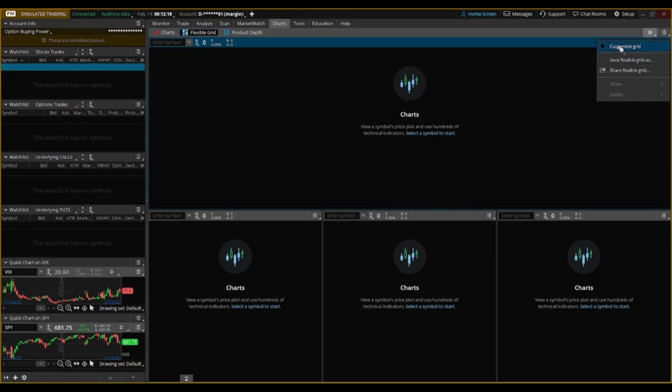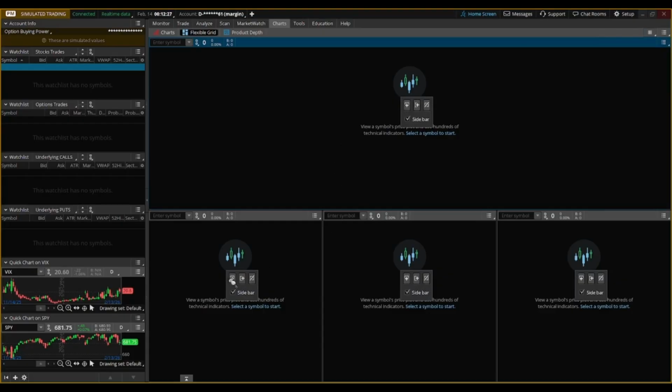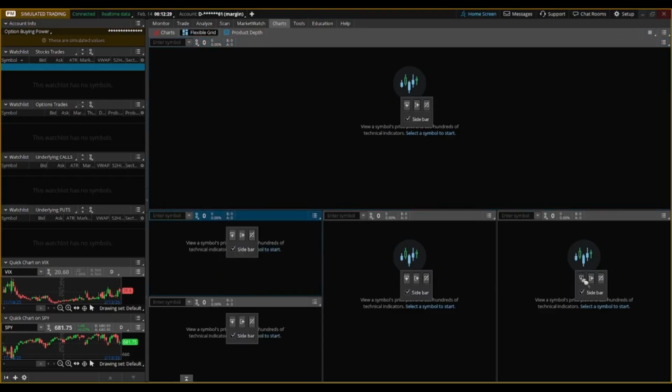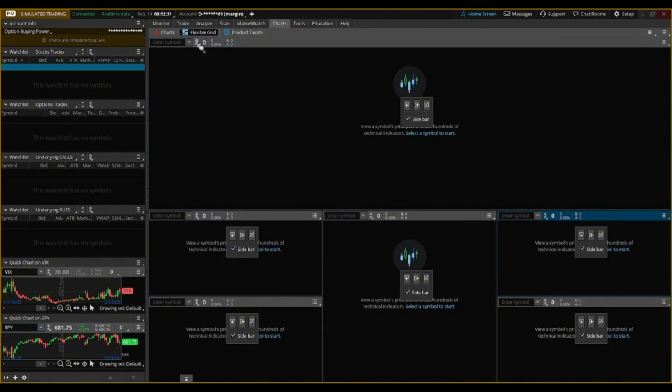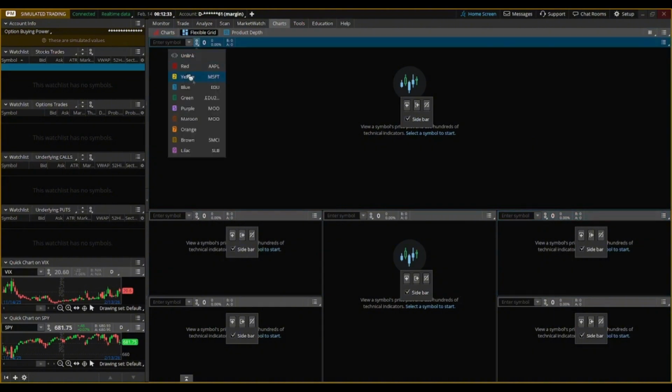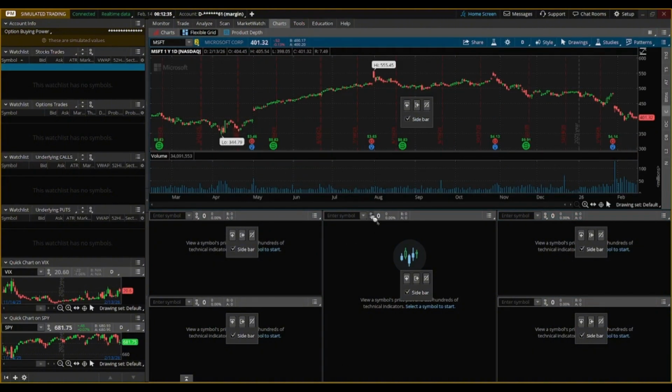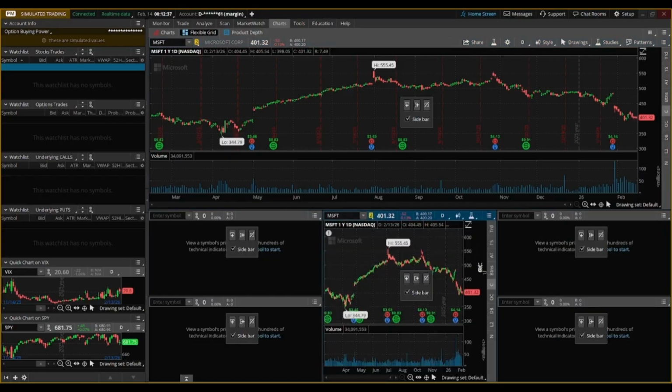Check the Customize Grid box. This will show an option panel in the middle of each cell. Use the option panel to split or remove the cells and arrange your layout however you want. See the chain link icon at the top of each gadget? That controls gadget linking. You can link up to 9 different groups, giving you complete control over which gadgets update together and which ones don't.